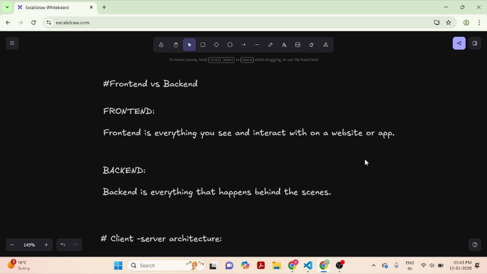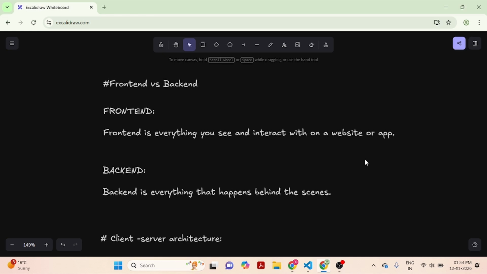Now, whatever you do on the front end is basically done in the back end. All the logical part is written in the back end. So, whatever is hidden from your eyes, that you can't see, is happening from the back end. So back end is everything that happens behind the scenes. So in the application, whenever you request something, whenever you change something, and it happens automatically, whenever things are happening, it is because of the back end, and the front end is something that you can see. So the visual content is the front end part,